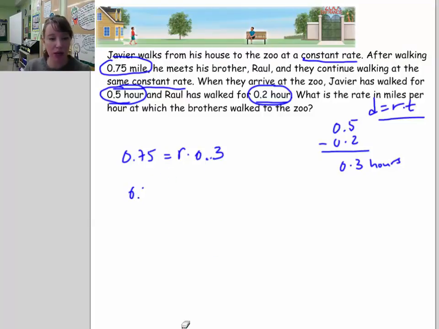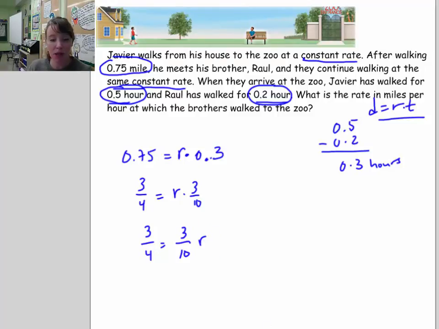0.75. And you know what I like to do is I like to turn decimals into fractions, because it's easier for me to work with. That's one way of me dealing with this. So I'm going to write this as 3/4 is equal to r times 3/10. Okay, and then I'm going to write this as a coefficient. So another way of writing this is 3/4 is equal to 3/10 r,